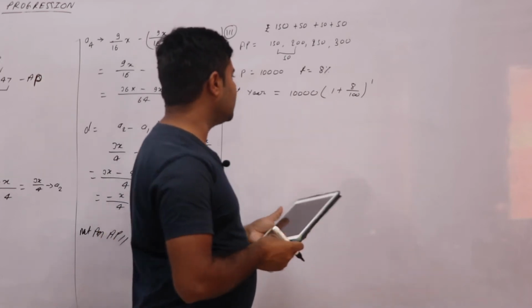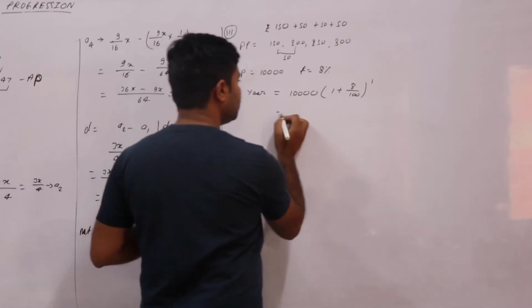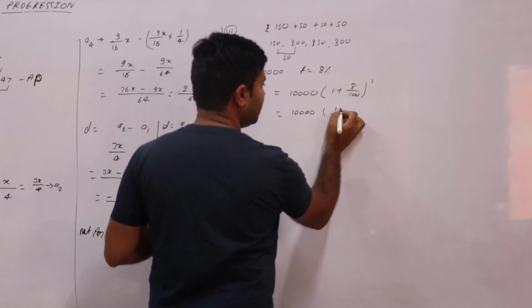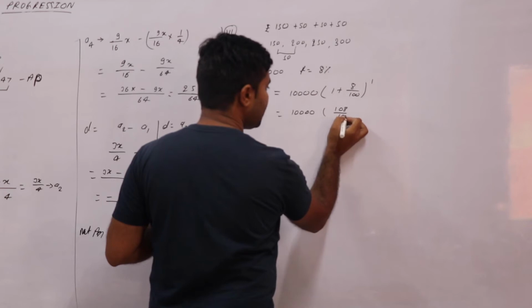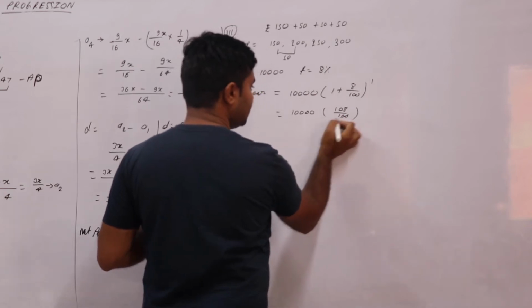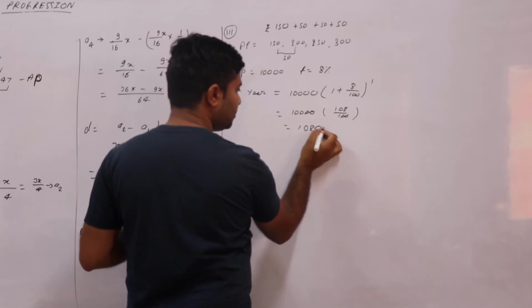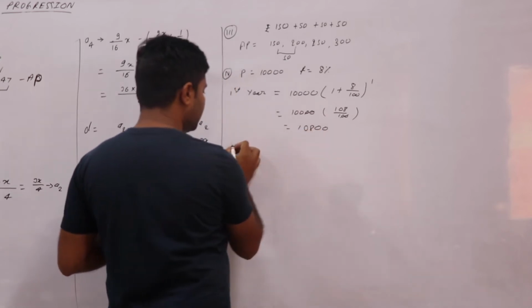So see how much you'll get here. This is 10,000. Here 108 by 100. This gets cancelled. So 10800. If you find for the second year,